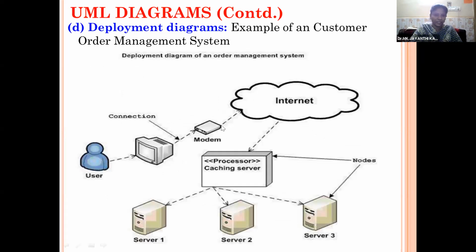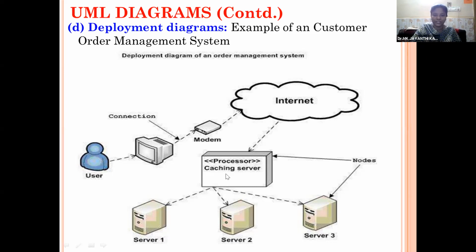So the next one is called a deployment diagram. For the same order management system, we are taking the various users and various components and other hardware software components. Say here the user is the end user and he is interacting with the system through the internet connection, and the modem is specified. He is accessing the internet through the internet cloud, and he is accessing the data from the server 1, server 2 as well as server 3, where the various databases and functions are stored, and process